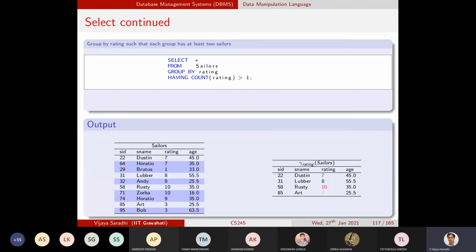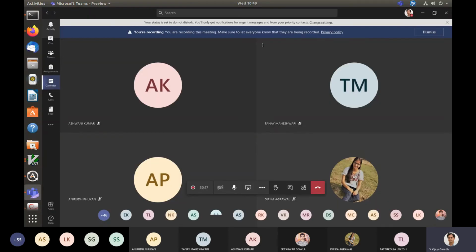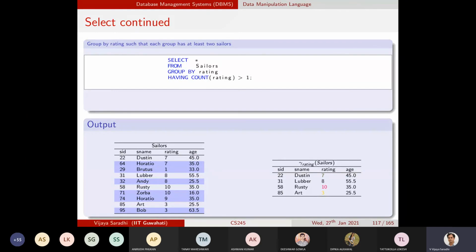So now we will continue with the select statement and see how to use it in various queries, gradually increasing the complexity. Once we have understood how to compose these operators, we are good to go.